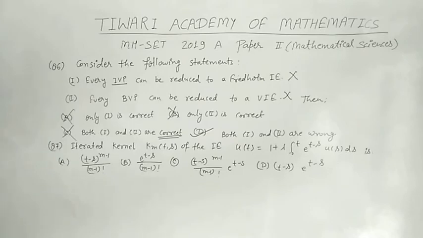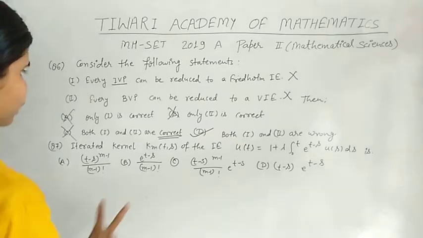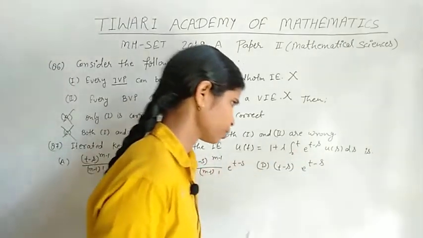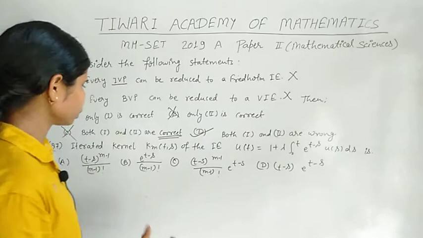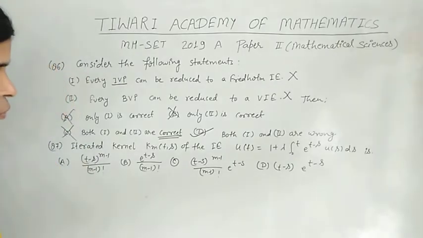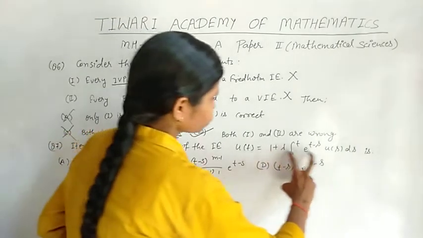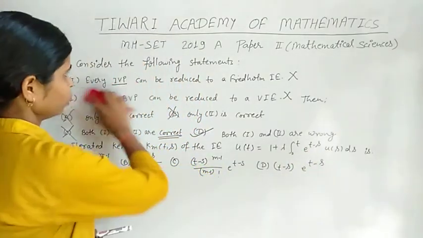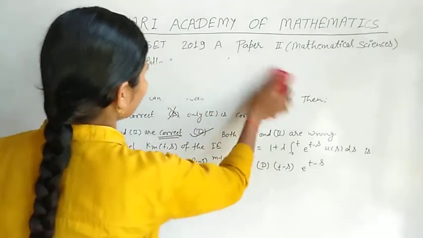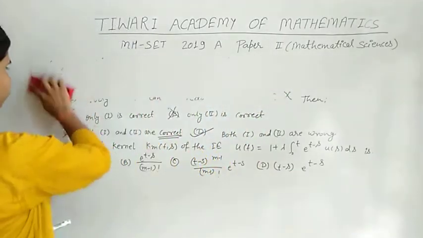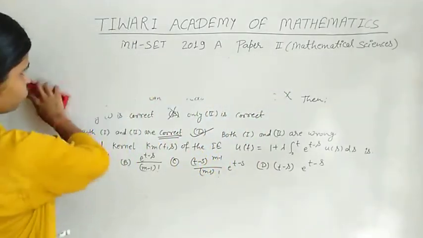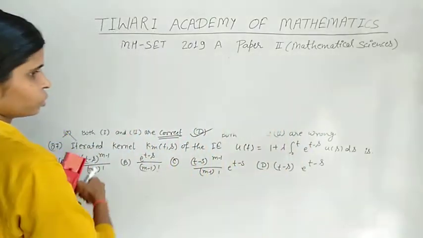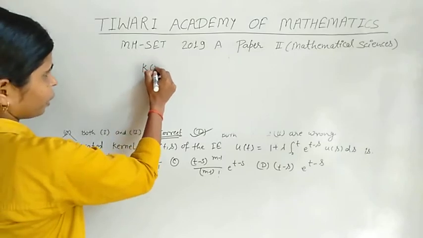Next question, question number 87. Iterated kernel K m t s of the integral equation given here. Here the kernel is a separable kernel. Okay, we change this into our comfortable form. See, the comfortable form is